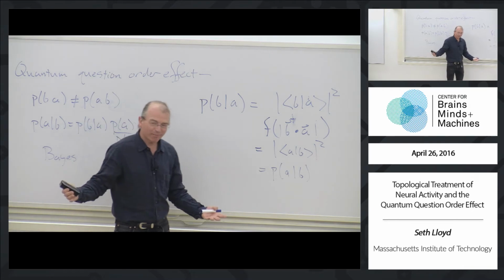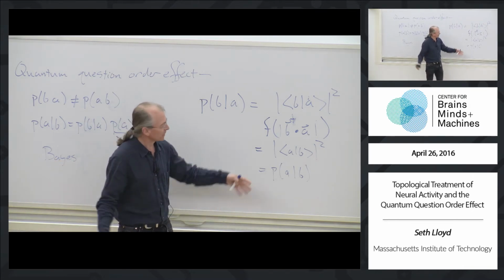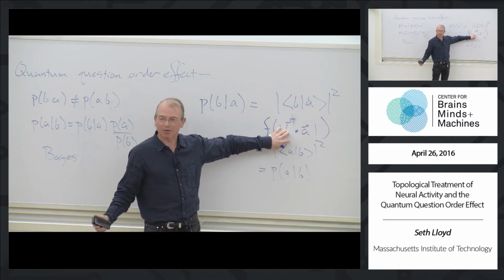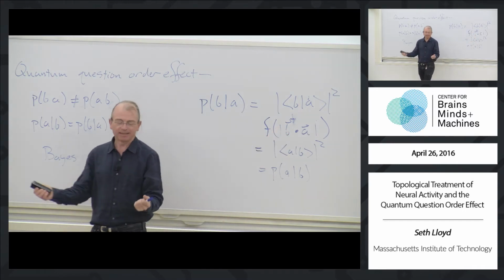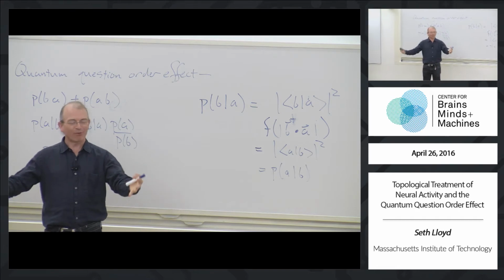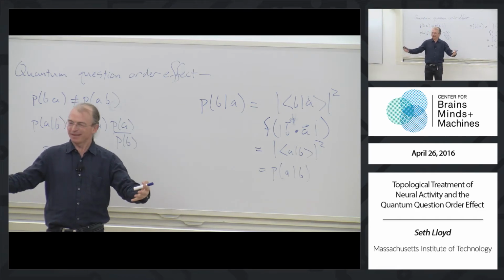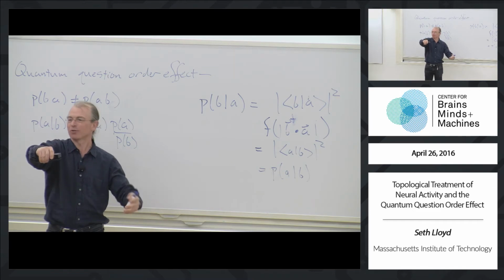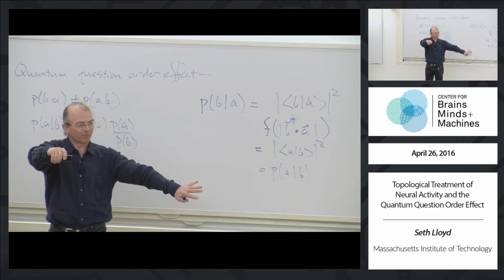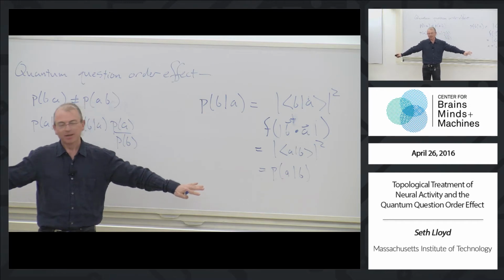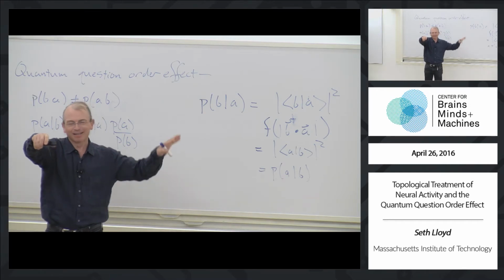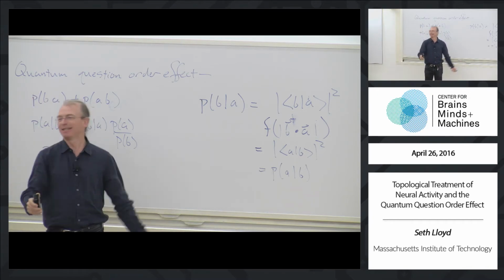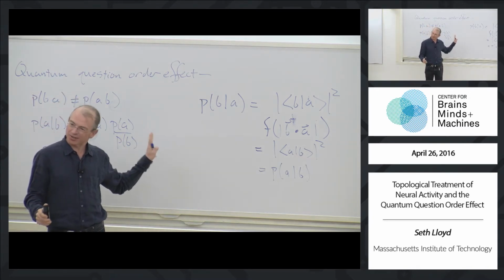Now, what's weird about this is that we know there are complicated nonlinear dynamics, yet here there's somehow something very linear about this. What the heck is going on with that? But if the point here is that your probability is some function of the distance from your original brain state, expressed in this vector, to B or to not B, then the distance from A to B and to not B is the same as the distance from B to A and from not B to A. That's what this is actually saying.